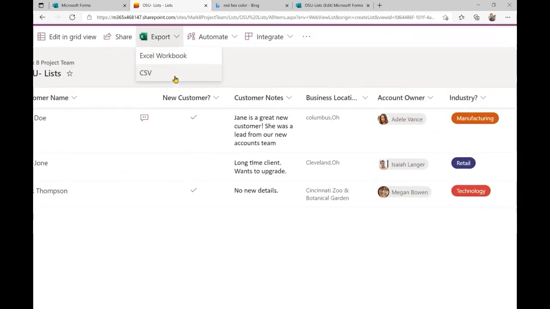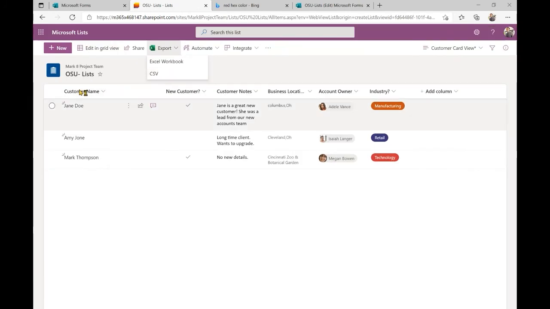However, if you need to export this data, just like column headers in Excel, you just export it as a CSV file and you will have this in Excel. I use this for mail merging all the time. If I need to mail merge to all my customers, I use this. I don't have to do any extra work, and I use this for mail merge.